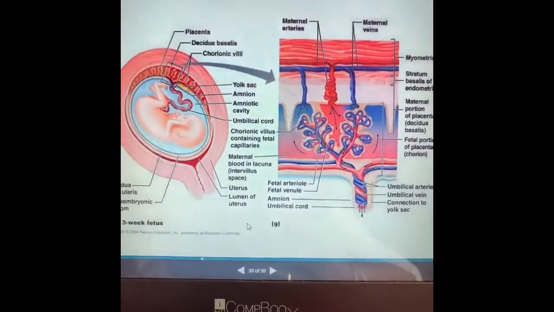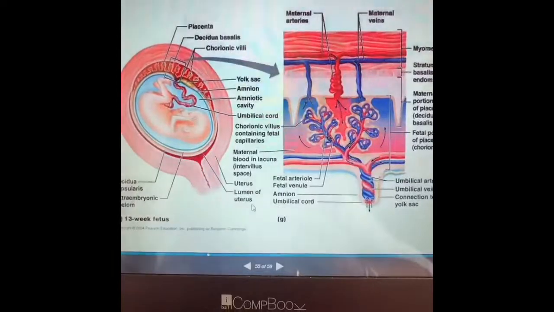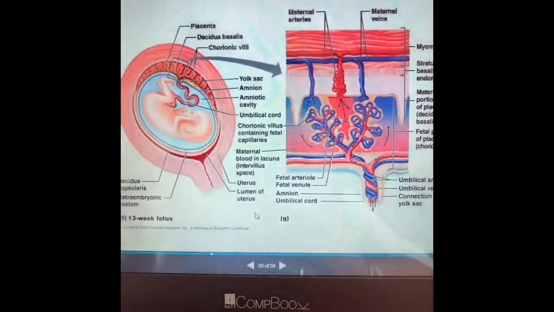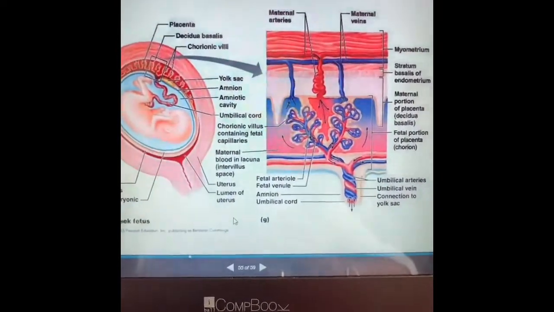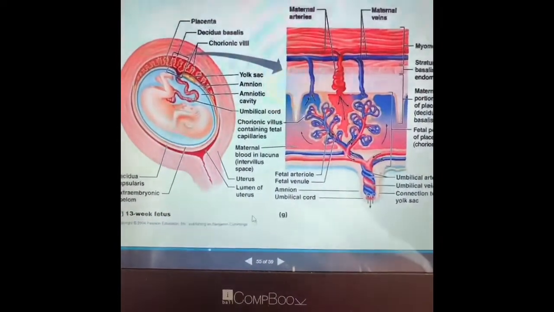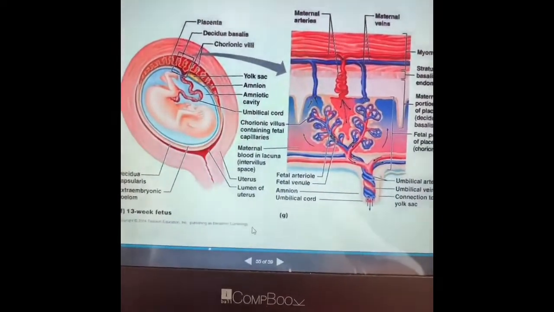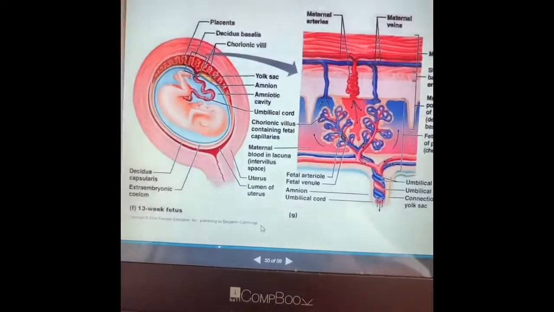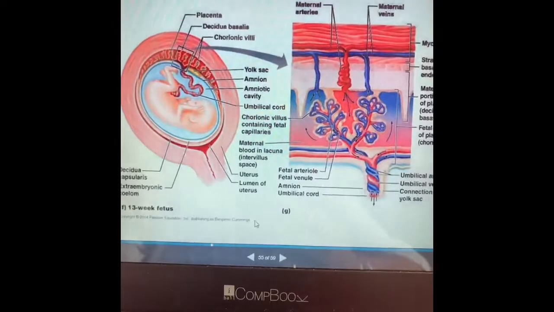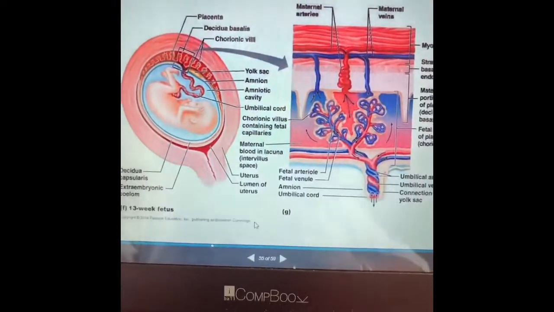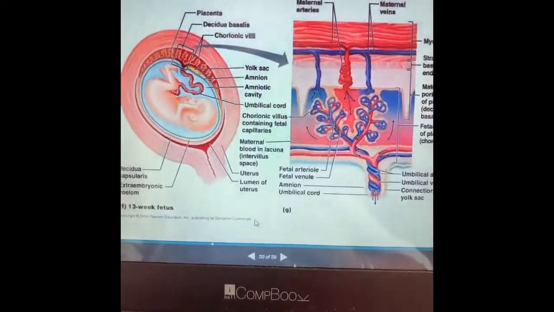Now, you have heard about stem cells. What are stem cells? These are potent cells which can give rise to any type of organ. You might have heard about stem cell preservation. Nowadays, it's very common. Whenever a mother is going to deliver a child, you'll find people roaming around saying, this is a bank, you can store the stem cells of your child, which can help your child in the future. Now, what is that?